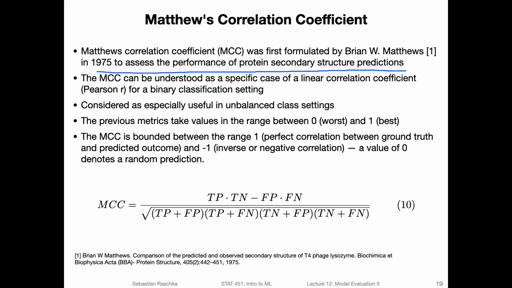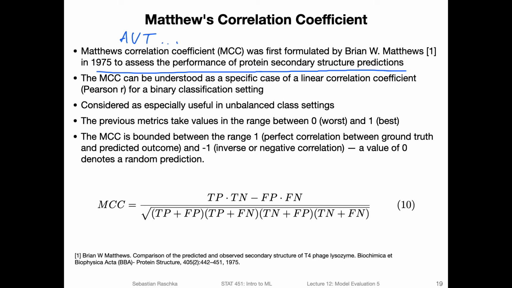If you think about an amino acid sequence, where you have an amino acid sequence like as follows. It's not a DNA sequence, it's an amino acid sequence. And then from the sequence, you can predict whether a subsequence is in a 3D structure, for example, in an alpha helix or in a beta sheet and so forth. So you're predicting alpha helices, which are three-dimensional structures, based on the sequences. So in that way, there are algorithms to predict that. And Matthews correlation coefficient was back then formulated to assess the performance of these prediction algorithms.